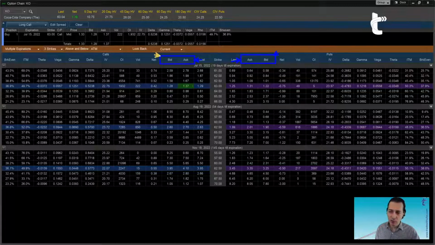So the bid is closer to the extreme for the call. This is really not common. The bid and the ask columns are normally inverted in most trading platforms. In TOP, we keep consistency with a model, which I guess makes sense. But again, if you are new to TOP or you are used to using other platforms, this is something that you need to pay attention to, okay? Because that's different compared to other platforms.